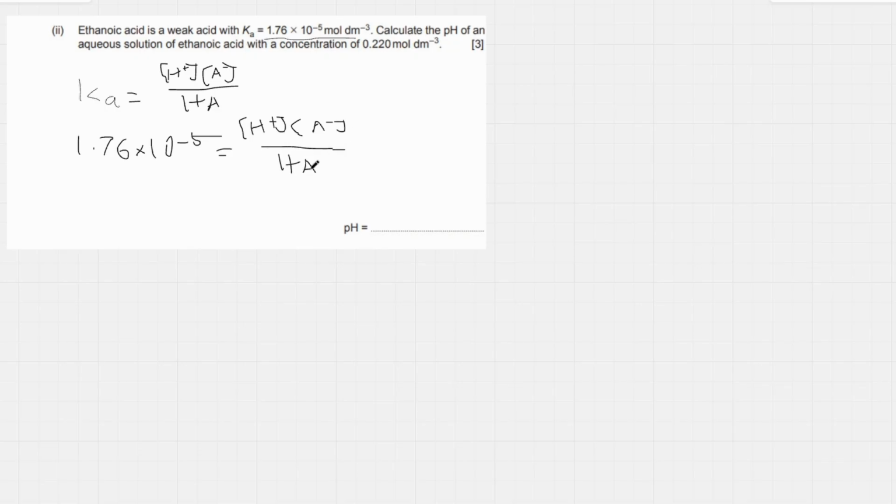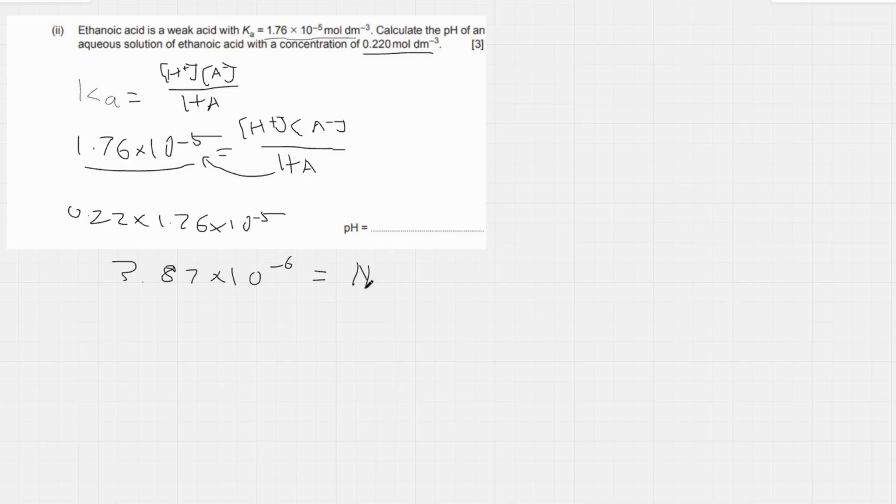HA. And we also have the value of HA because it gives us the concentration of the acid here, which is just what HA stands for. So we can multiply this HA by the Ka here, 0.22 times 1.76 times 10 to the minus 5. This gives us a value of 3.87 times 10 to the minus 6. And this equals H plus